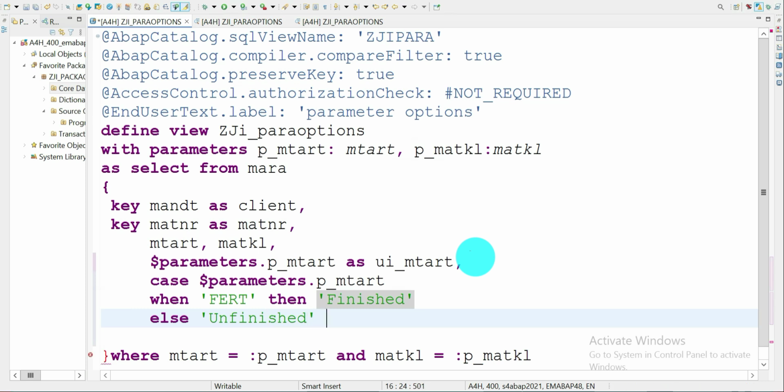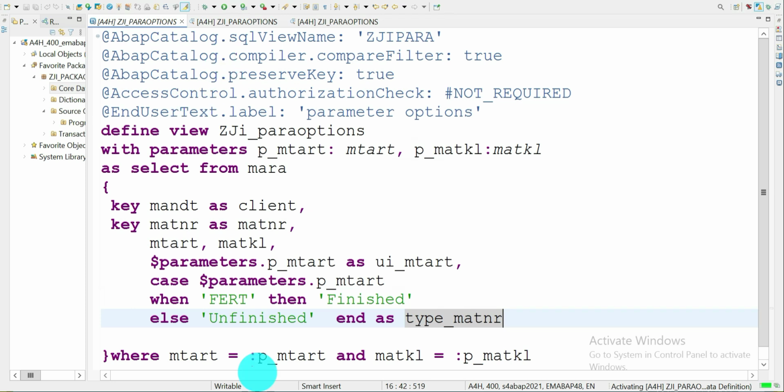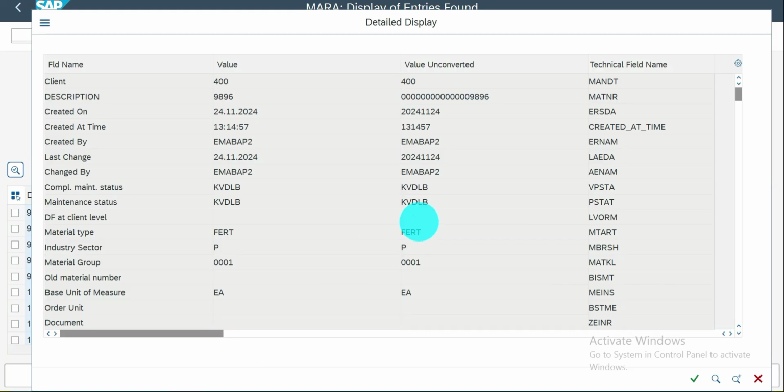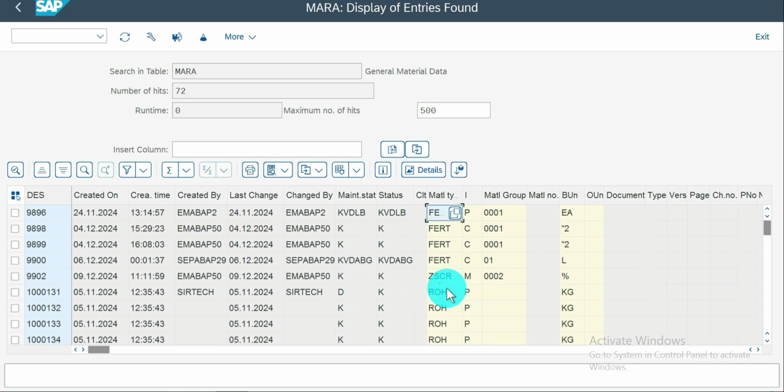Okay, and end this. Type. Okay, just activate it. So what else do we have? We have, this is empty. Okay,